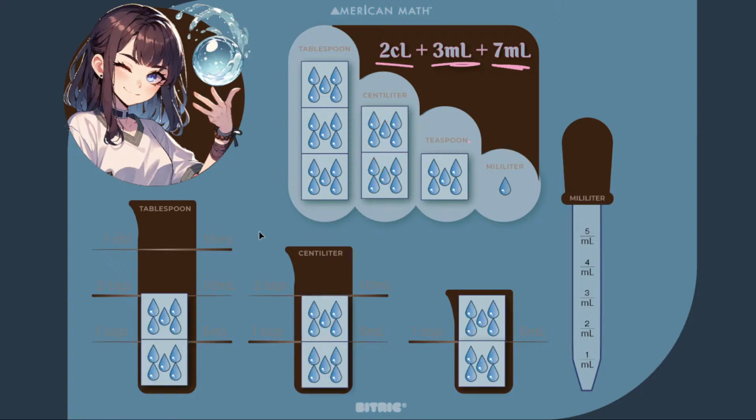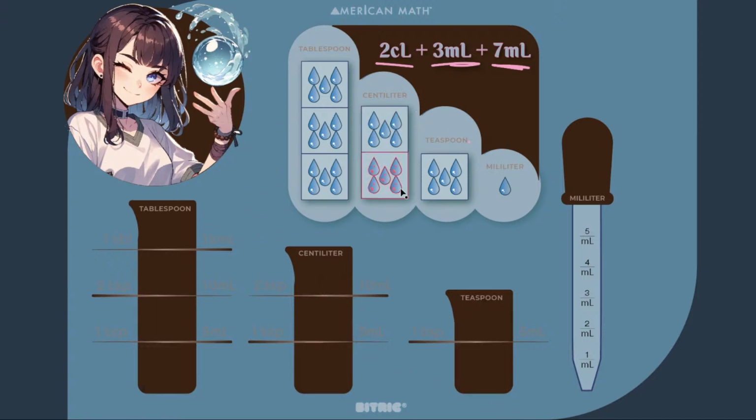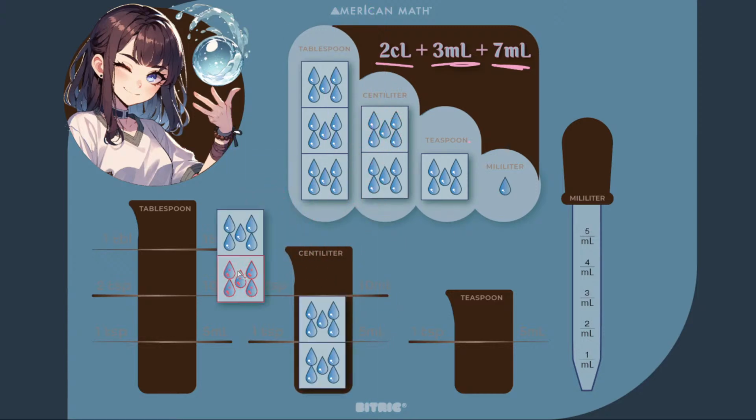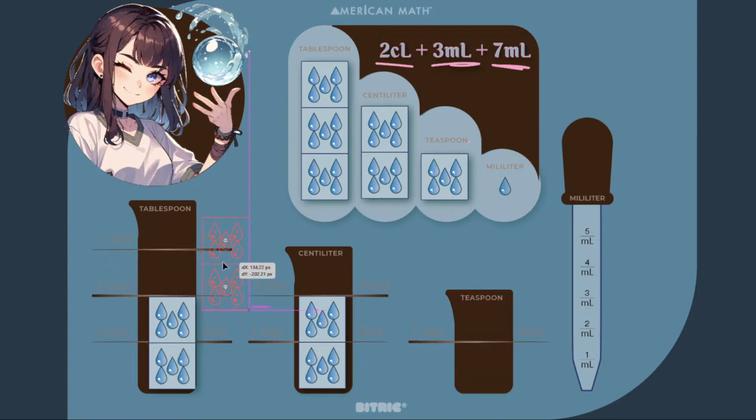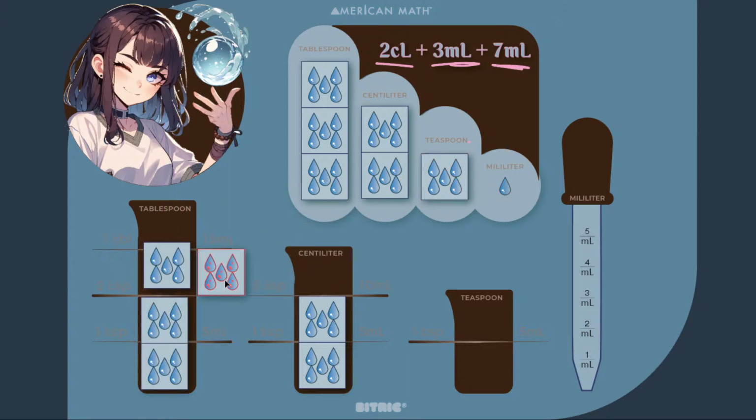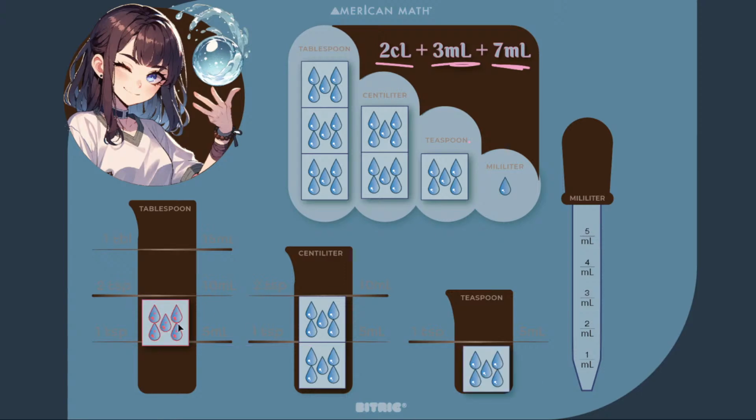Excellent job, Kira. And also, I want to show everyone, Kira did an excellent job of explaining the breaking system. Because again, we don't have anywhere else we can fit this centiliter in cleanly. It doesn't fit into the teaspoons and it doesn't fit into the tablespoons. So what we do is that we'll break it into 2 pieces, into 2 teaspoons. And this will be really easy to see with your snap block cubes if you're using those at home. Even if you're using paper, you could literally tear it, though I wouldn't advise it. You can break the centiliter into 2 teaspoons, and then we can put 1 teaspoon over here to the side